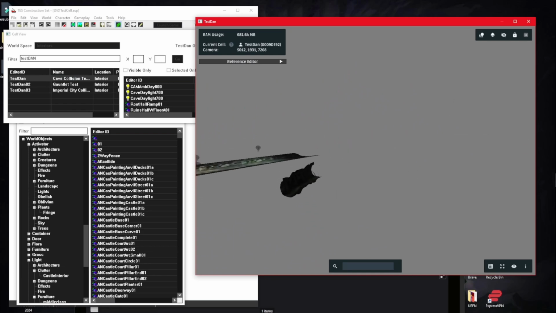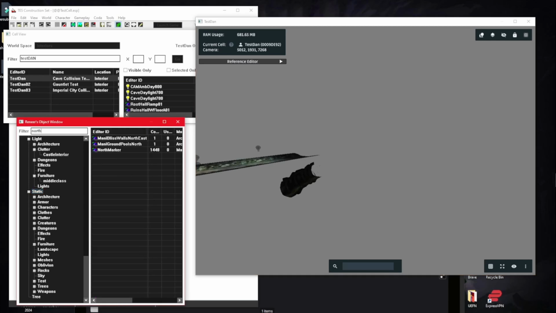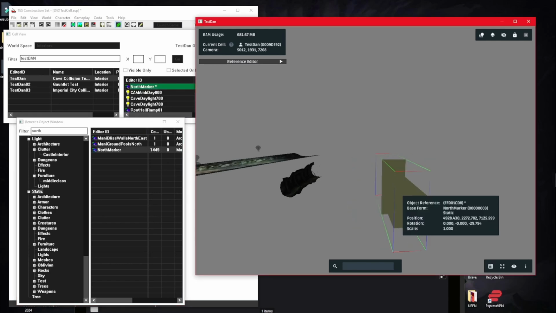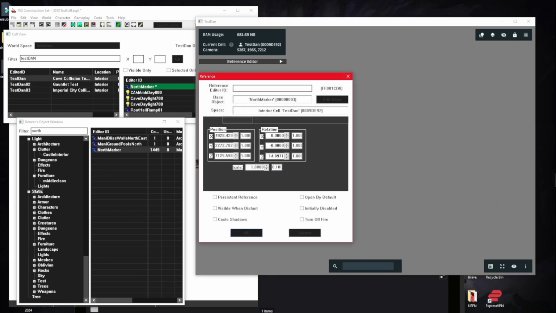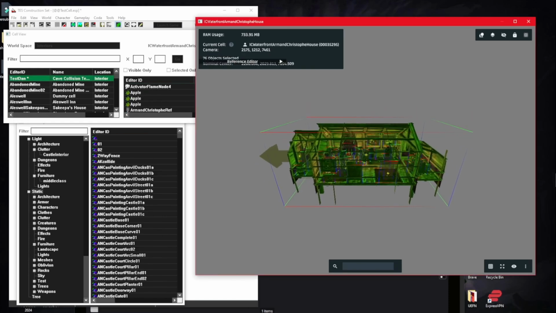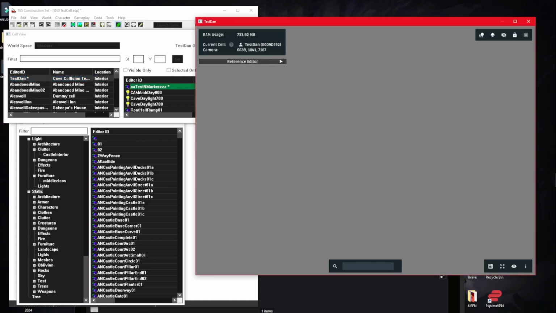Okay, there's not. So first we're gonna put in a north marker. No idea why it crashes without one, but it does. Doesn't matter where it's pointing, just keep it as is, I guess. It does need to be named though, so for the sake of the tutorial, we're just going to grab Christoph's house, copy it, don't copy the marker, go back into our cell,